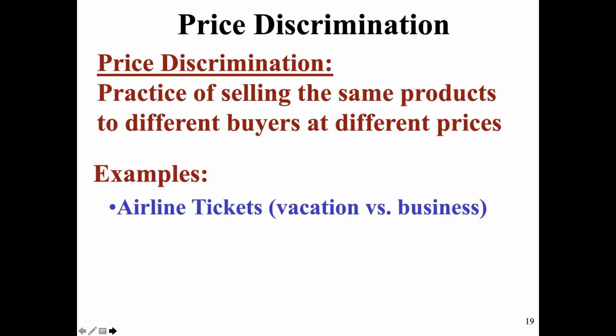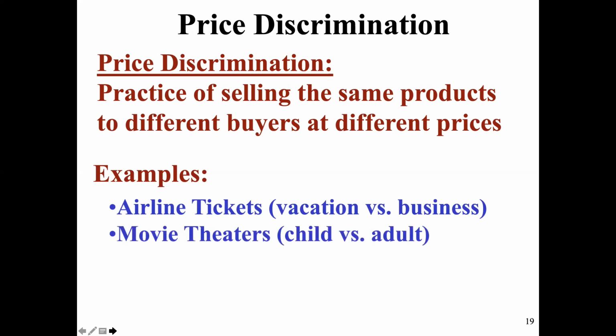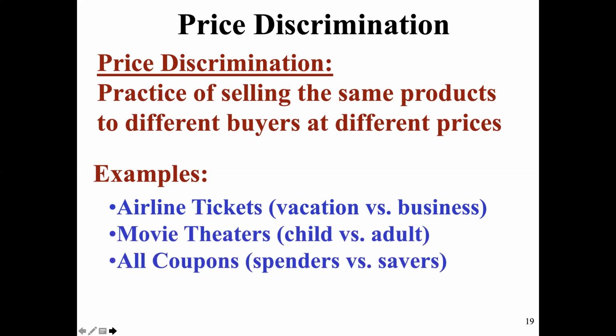Okay, some examples you may have thought of for this are airline tickets, right? Airline tickets do not charge the same price for a coach seat to all their consumers, right? If you are planning a vacation 6 months in advance and you buy a seat on a plane, you'll probably get a better deal than the businesswoman who has a meeting the next day and needs to buy a ticket on the same flight the day before, right? She's probably going to get charged a higher price. So airline tickets are price discriminators. Hotels are usually price discriminators. Movie theaters are price discriminators by giving child price seats, adult price seats, or senior price seats.